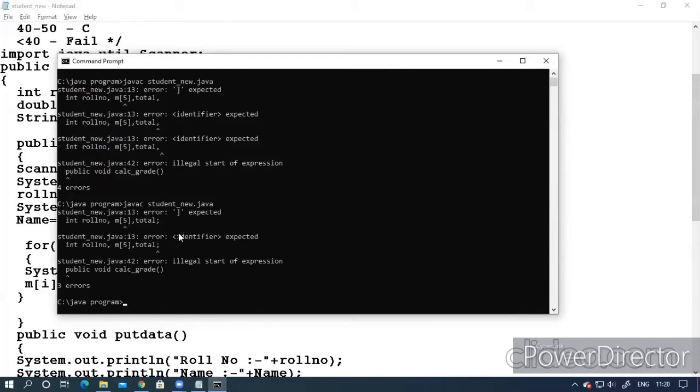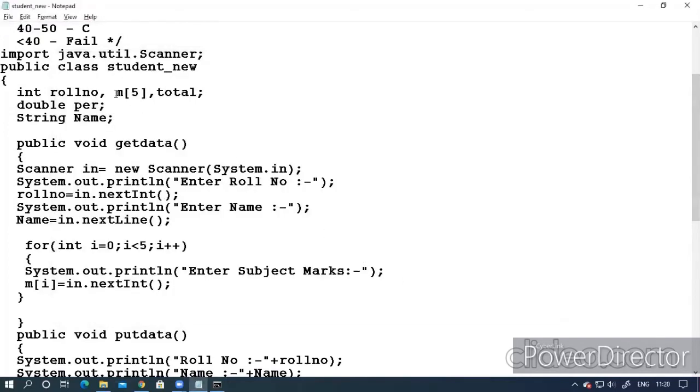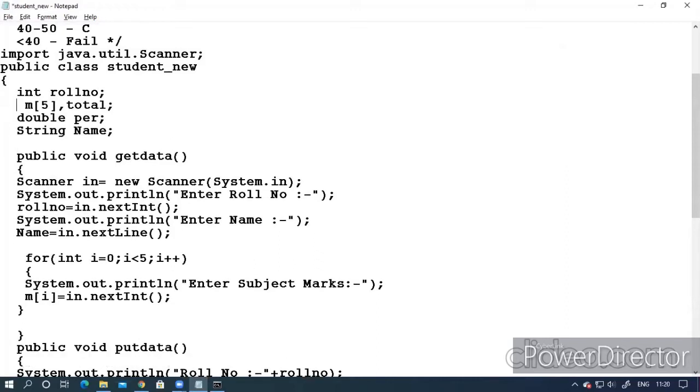It is about how you are creating your array. This is not so easy to declare. As we have done in another program also, we have to allocate its memory.